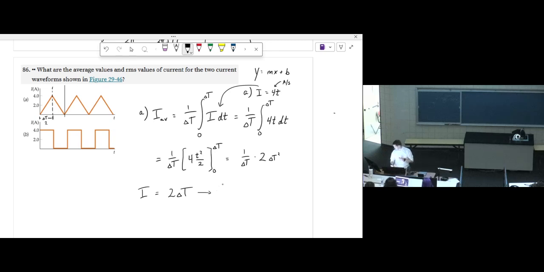I'm going to have to go back and look at my notes. I was struggling to get all of this prepared ahead of time. I know I've done it, but using the weird units that they've got, it's still worth showing. But the average current, 2 amps is what comes out to be the average current, and I've got to figure out where that delta t goes. The RMS current, if you want to see the RMS current, the way that that's calculated is